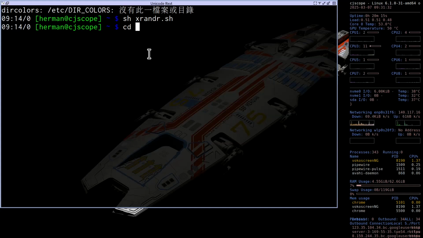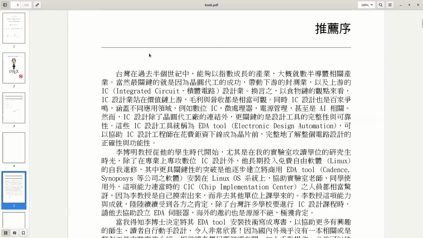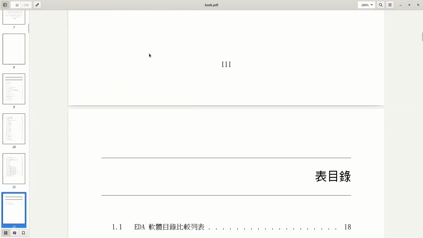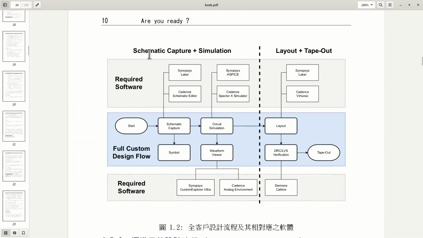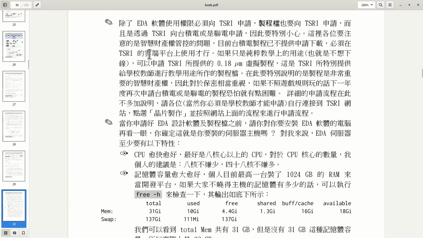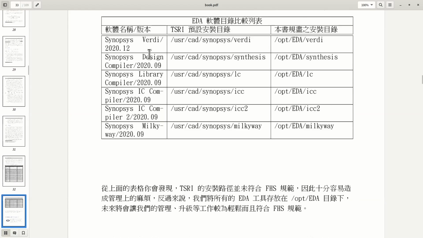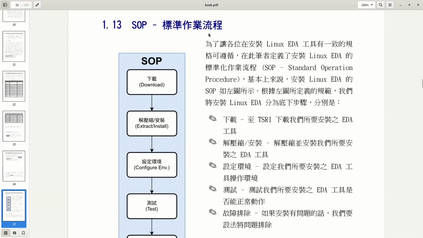And before we begin our process, I will show you that the software installation process is simplified into 4 steps. I have simplified the software download and install process into a standard operation procedure.